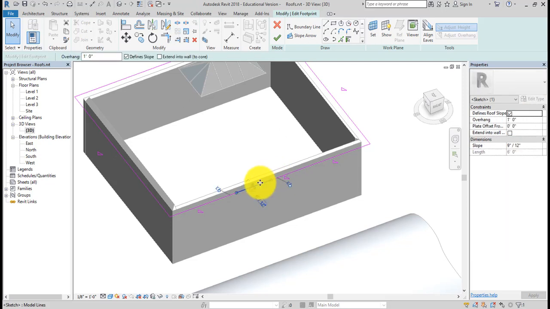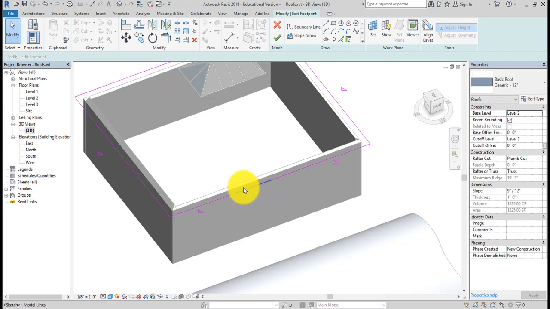So I'm going to select that small line and take the check mark out of define slope. I'll do the same for this one so that I can control the slope by using a tool called slope arrow. So let's go back. I've got 4 pieces of line here on my sketch. 1, 2, 3, 4. The two outside ones are going to slope up, so they have the little triangle. The two inside lines are not going to slope up